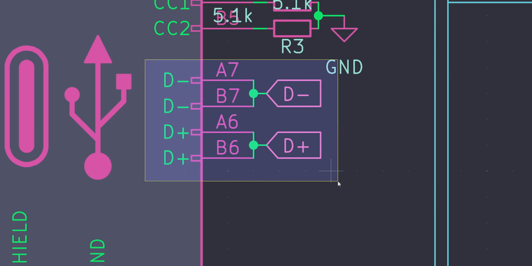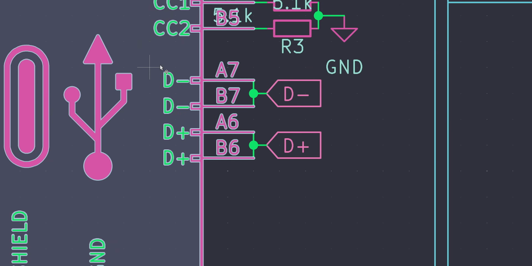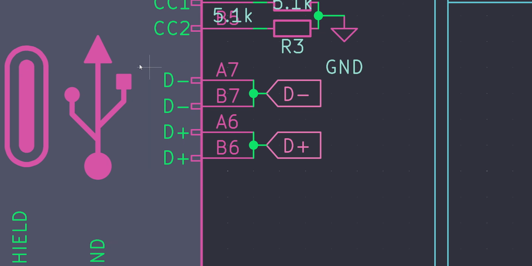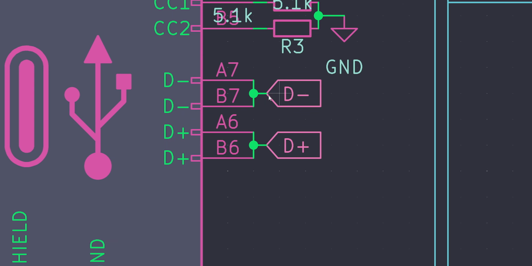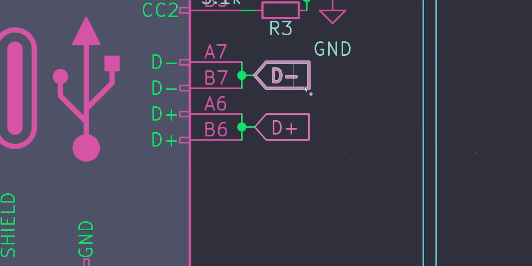And then finally, we have our data minus and data plus lines. You can see that there are actually 4 pairs here. If I can select these right here, we have our 4 pairs of data plus and data minus. That's because USB-C is reversible. So if we put it this way, it's going to use one pair. If you put it that way, it's going to use the other pair. Simple as that. We're just tying them together here, setting them to a global label for data plus